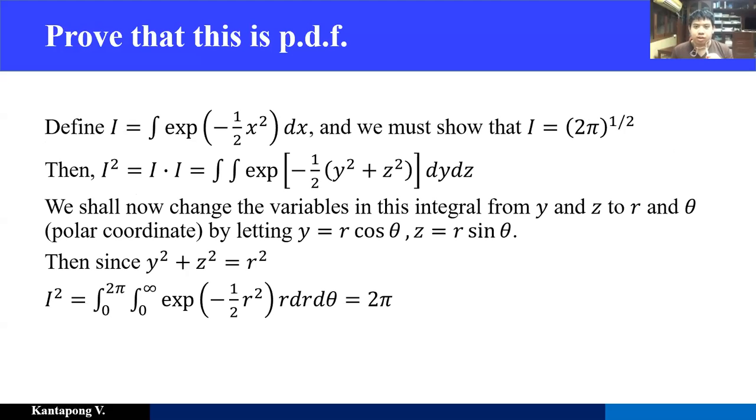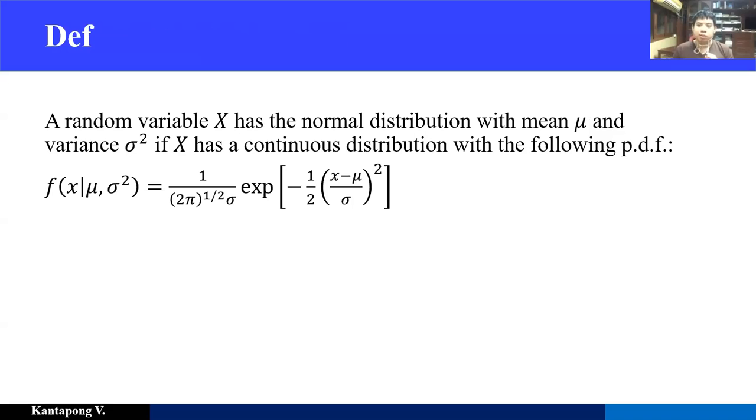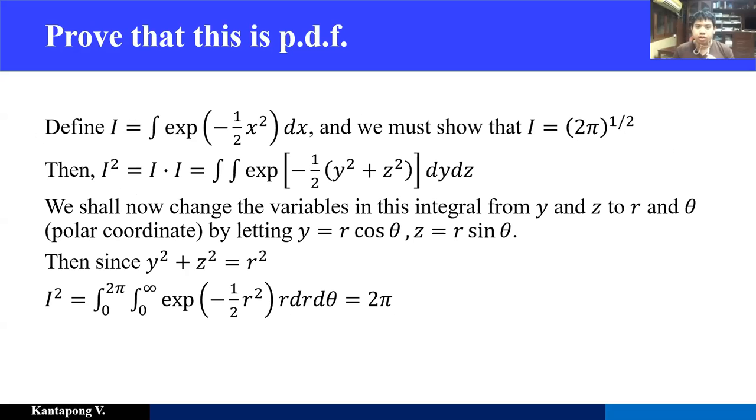Okay, but the matter is that for this kind of strange looking function, how do we know that it's a distribution? That means it is positive, sure, exponential, pi, sigma, sure. But how do we make sure that it's a PDF? So I type out the proof here to show you, but don't dare do this at home. If you dare do this at home, I think after 3 days you will realize that you are stuck, because you use all the tricks that the calculus instructor has shown you.